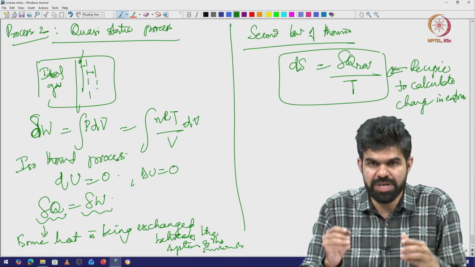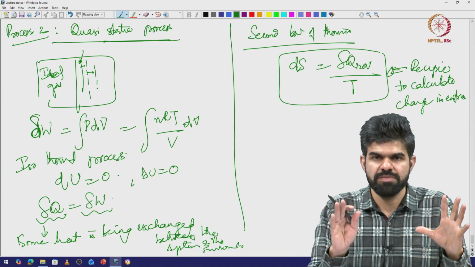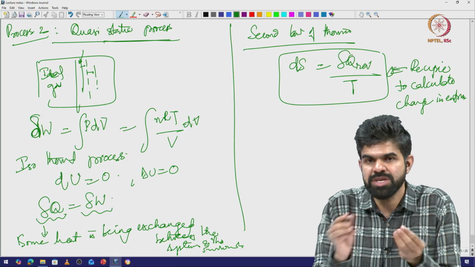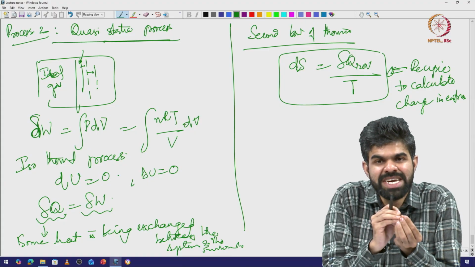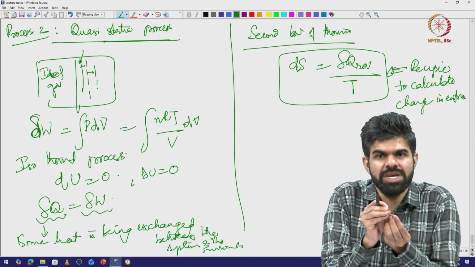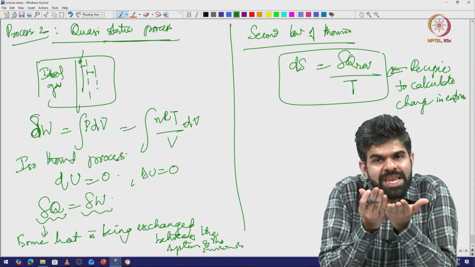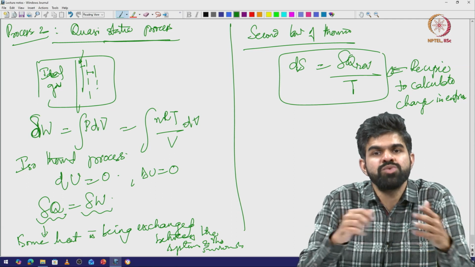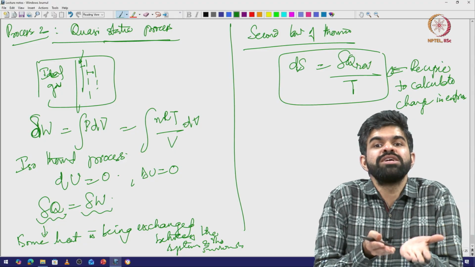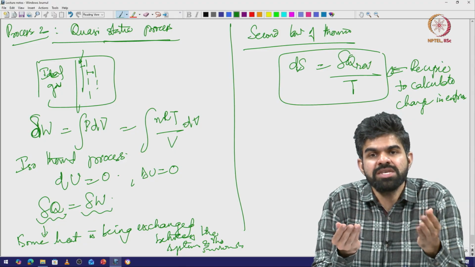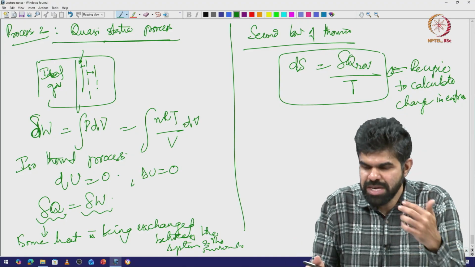dS equal to delta Q reversible, I should do a quasi static process like I am doing here, divided by the temperature. So, at any given temperature I am exchanging a teeny little bit of heat with the surrounding. How much heat did I lose or gain from the surrounding defines the sign, and tells me how much entropy has changed. If I am gaining heat, my molecules are able to access more energy states, and so my entropy increases. If I am losing heat, the number of available states can reduce, and so I am losing entropy. So, that is what this means.